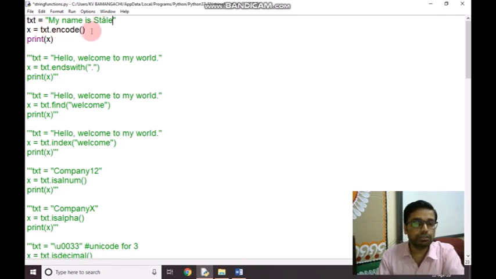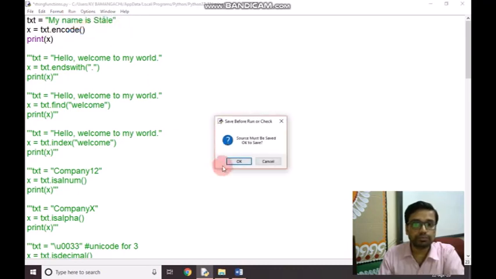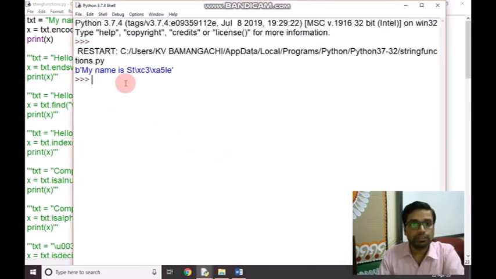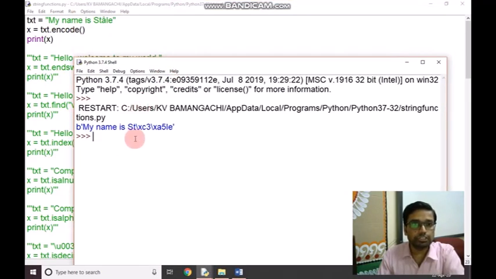The syntax of the function is txt.encode. Txt is the variable assigned the string. If we run this program, the letter t is encoded in another form. So these codes are generated by the system, so it can encode any string.